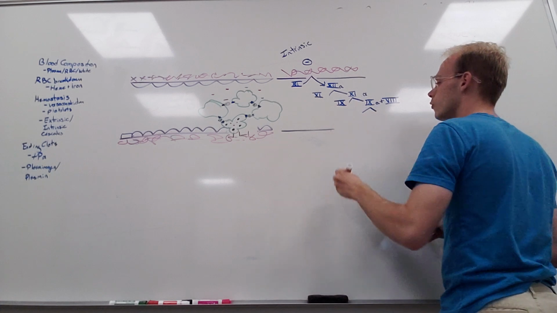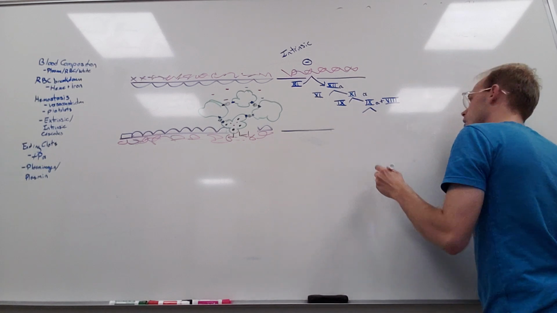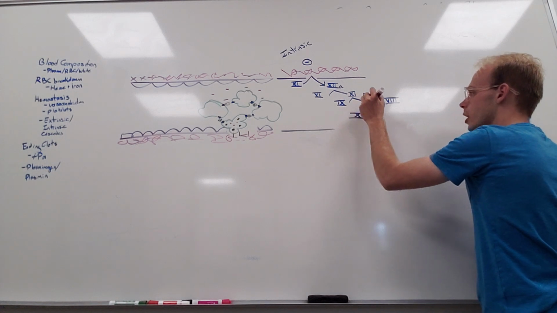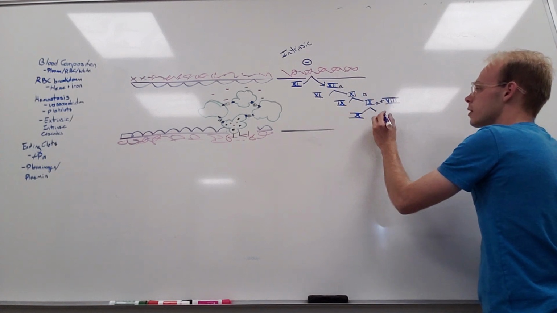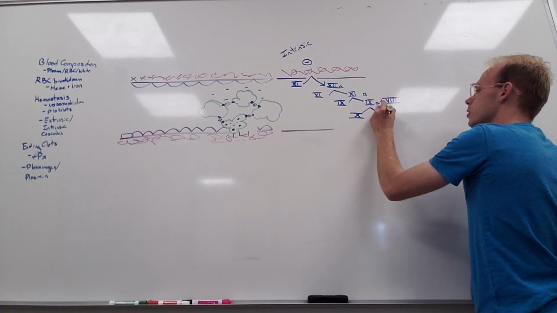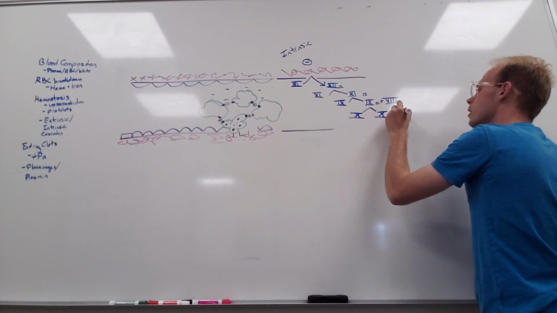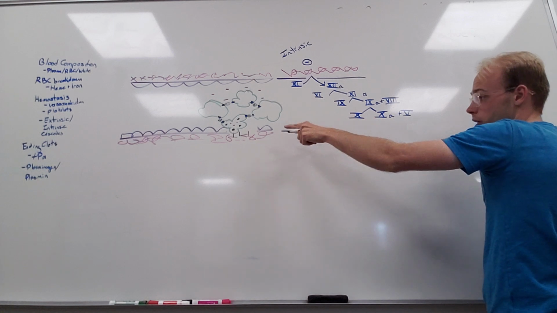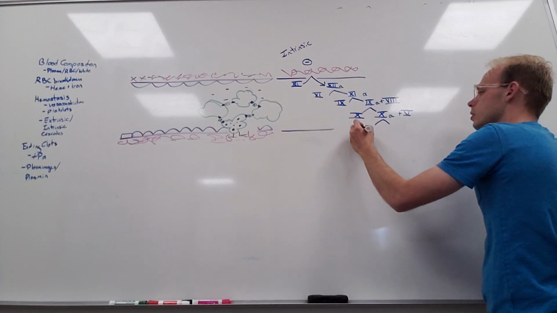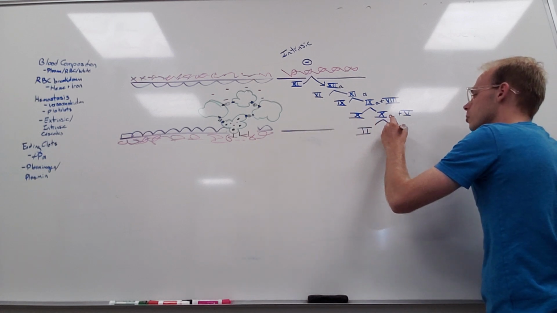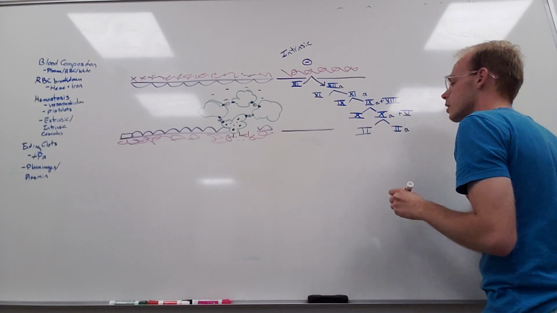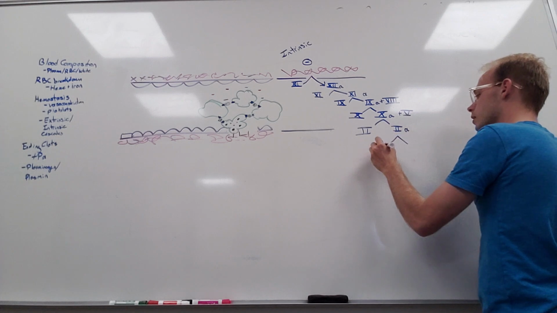And then we have factor, not 5, but 10. 10 is going to interact with 9A and the 8 cofactor and turn into 10A. And then plus our cofactor 5, which is also released from those dense granules. It's going to interact with factor 2, which will turn into 2A. Again, the A stands for activated. This will then interact with